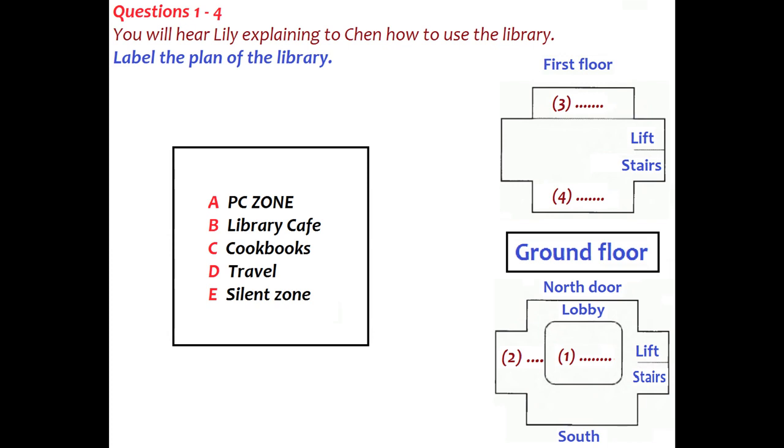I really prefer to study alone. Is there anywhere in the library I can go? Oh, if you like studying in a quiet place, it's better to go upstairs to the silent zone. As you come out of the lift or up the stairs, you'll see a section on your right facing north which is closed off. That's the silent zone. On the other side, facing south, are the bookshelves with all the cookbooks and...